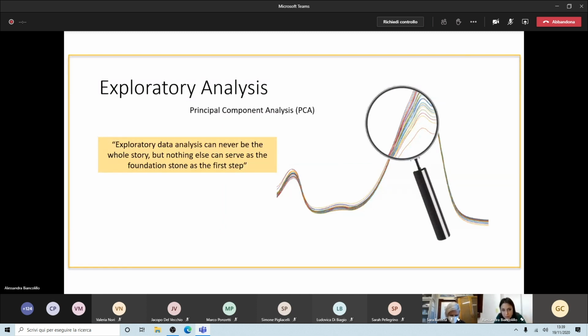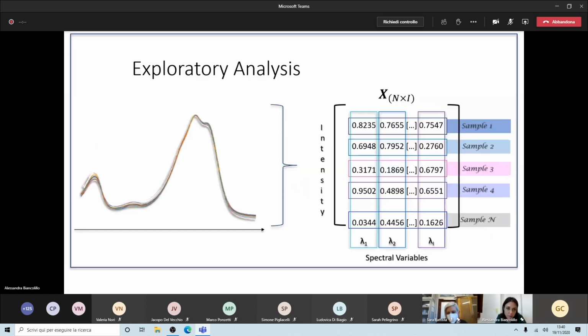We will see a bit of theory behind it. Exploratory analysis is a step that we will probably always take when we apply chemometric analysis. So even if our final goal is to solve a regression problem, before applying a regression model, we will probably use an exploratory analysis method in order to see whether there is something strange in our data, so to investigate the behavior of our data. Before talking about the theory behind principal component analysis, we need to understand how we go from our lab to our computer.